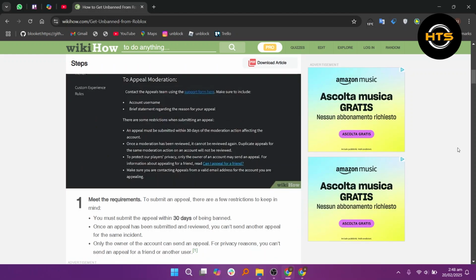First, you need to meet a few requirements. The appeal must be submitted within 30 days of the ban, and once it has been reviewed, you cannot submit another appeal for the same incident. Only the account owner can request an appeal, meaning you cannot appeal for a friend or another user due to